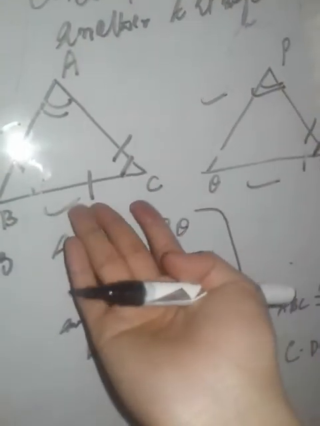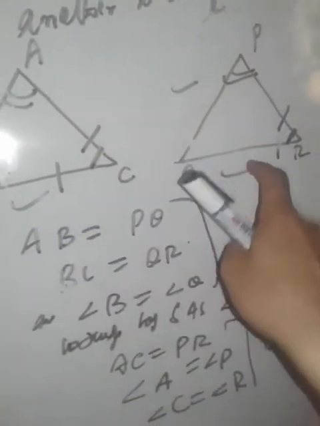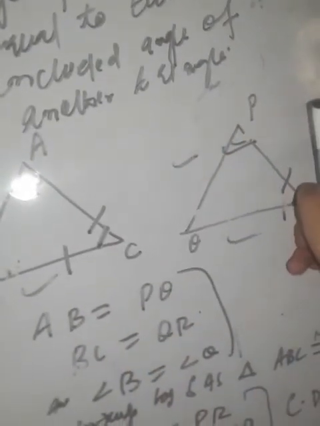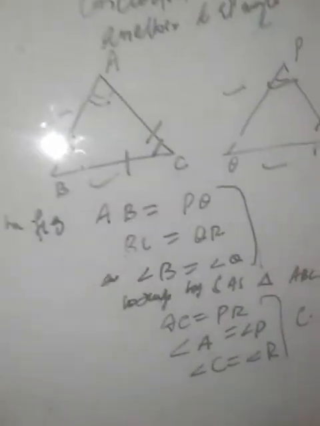So in this example we included AB and PQ, BC and QR, angle B and angle Q. So which parts are we left with? This and this, it is equal to this. Angle A equals angle P, AC equals PR, AB equals PQ, angle C equals angle R. So remember, I will just explain it whether the rule is defined or not.